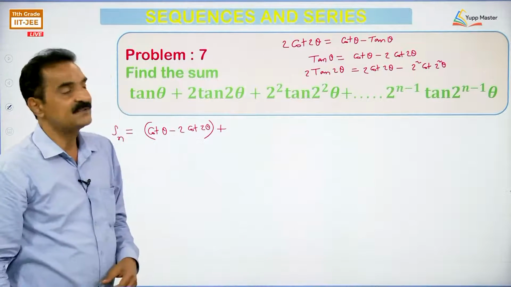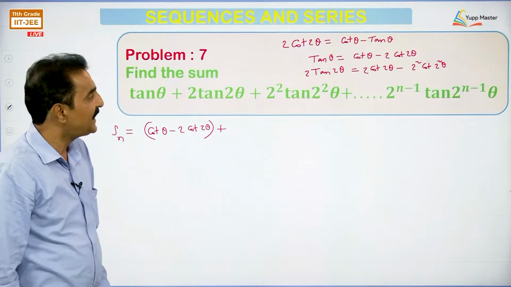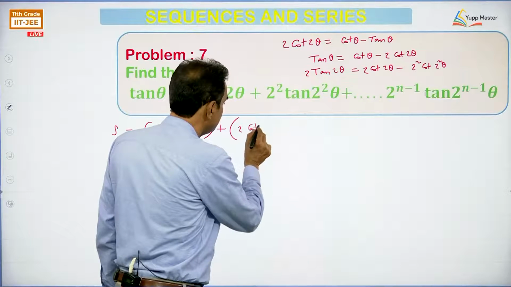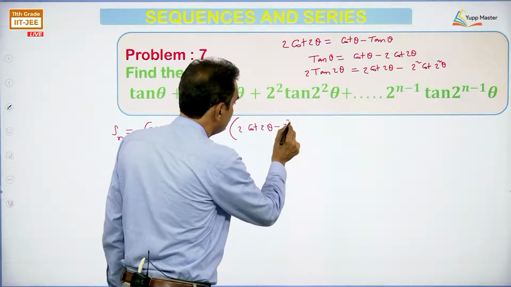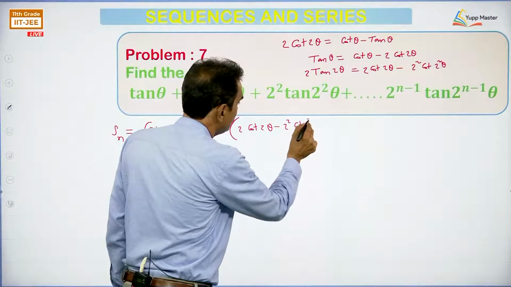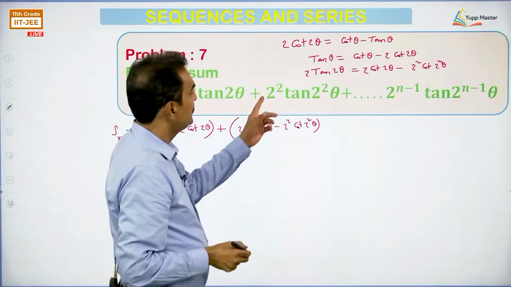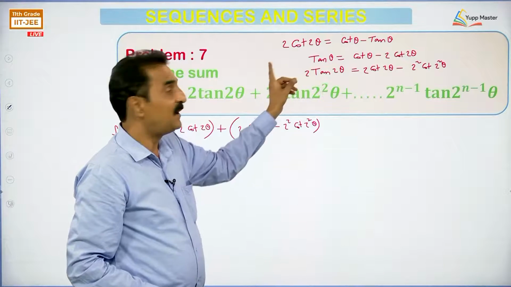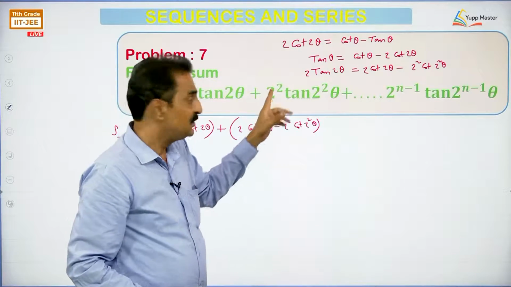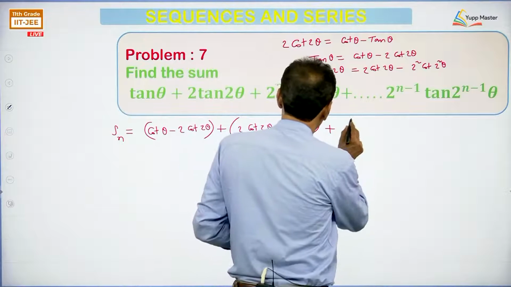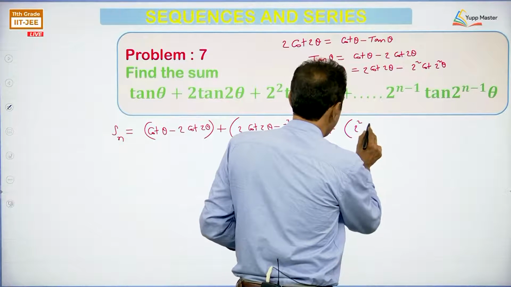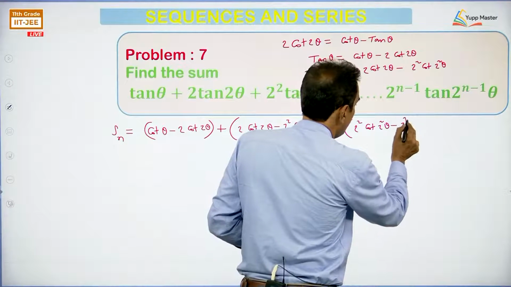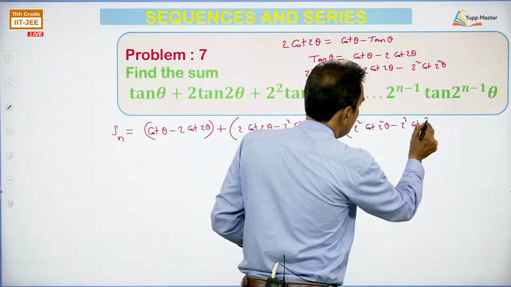So, the second term is 2 cot 2 theta minus 2 square cot 2 square theta. Similarly, replacing theta by 2 square theta and multiplying both sides by 2 square, you will get the value of the third term. It will be 2 square cot 2 square theta minus 2 cube cot 2 cube theta,